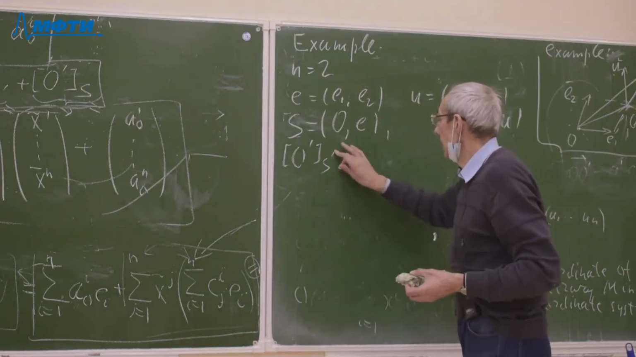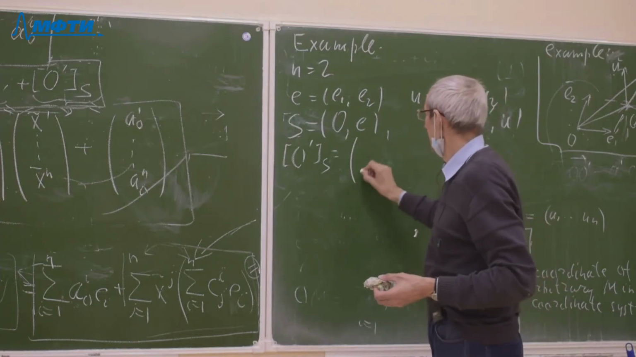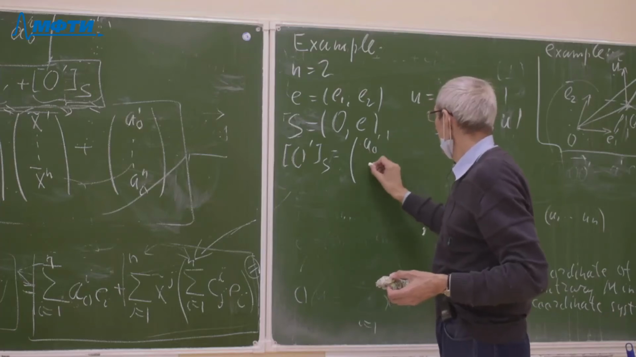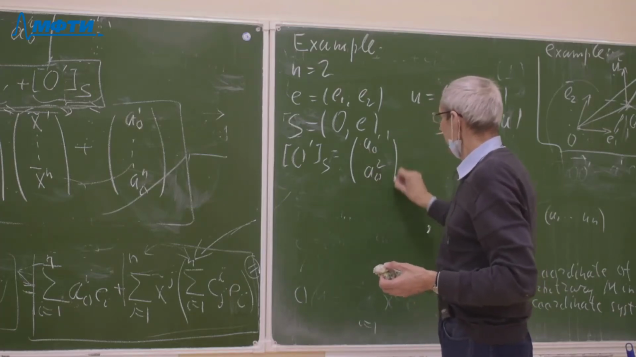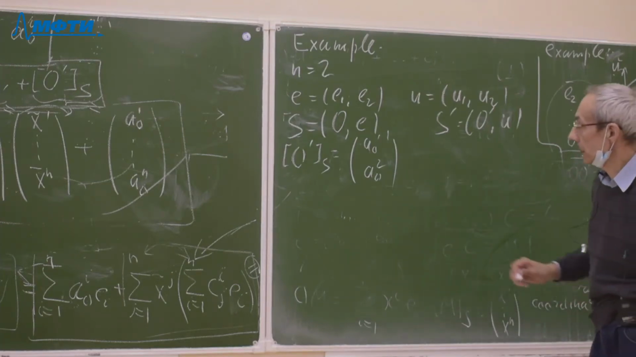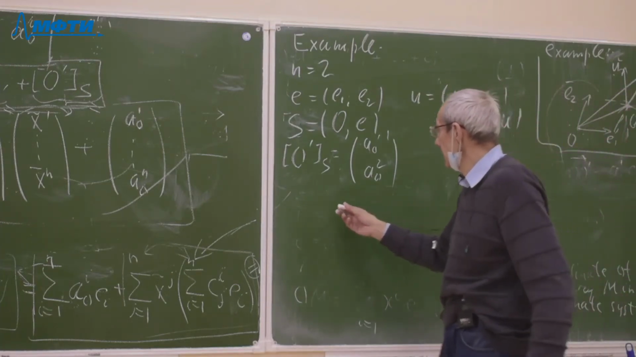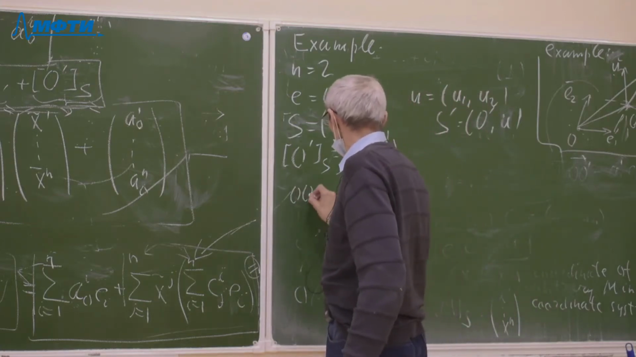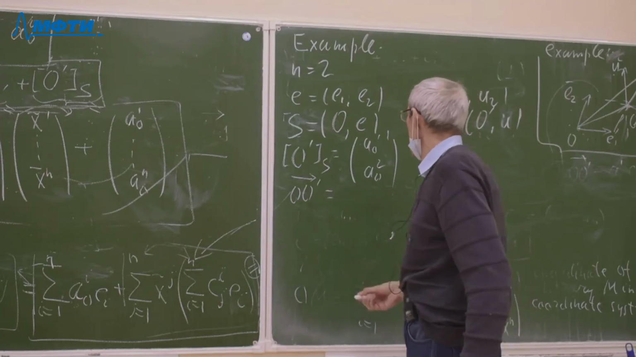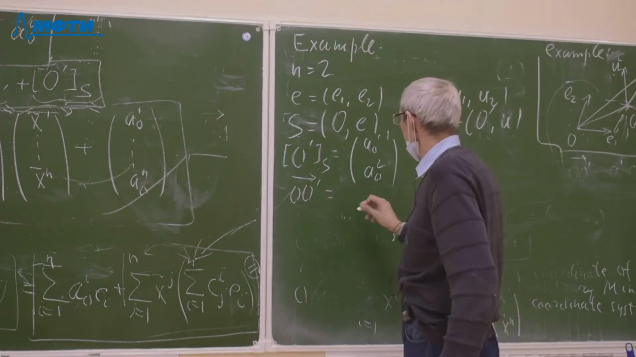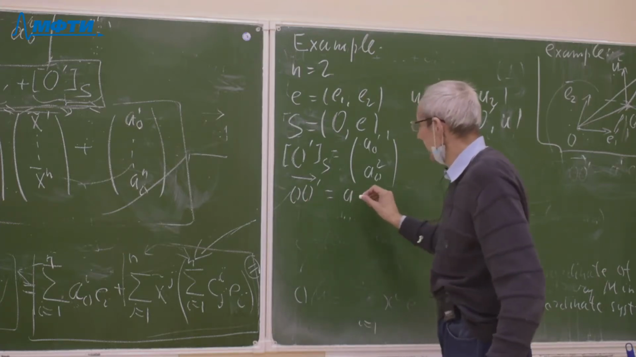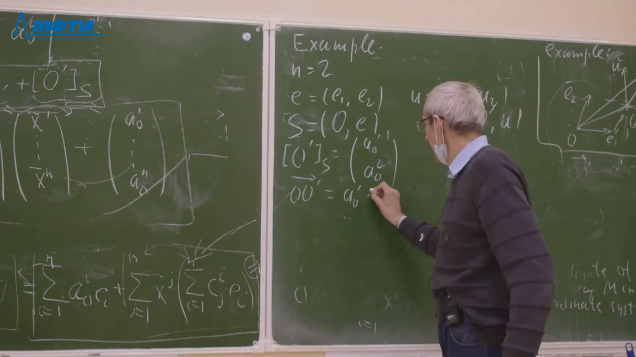the following coordinates, A01, A02, in the old coordinate system. It means that the coordinates of the vector OO prime are R1,0, R2,0. It means that this vector is equal to the following linear combination